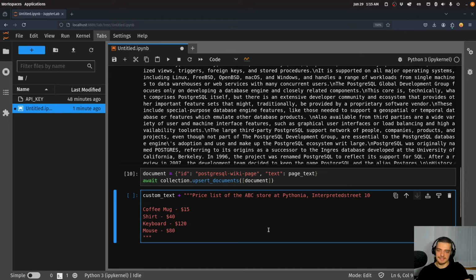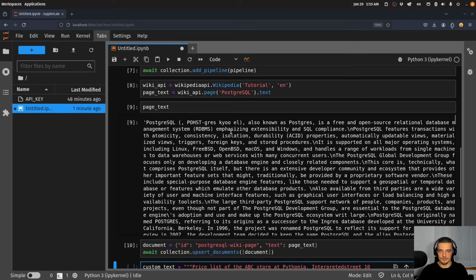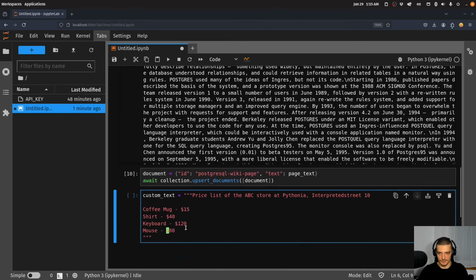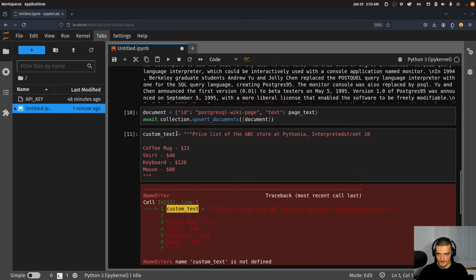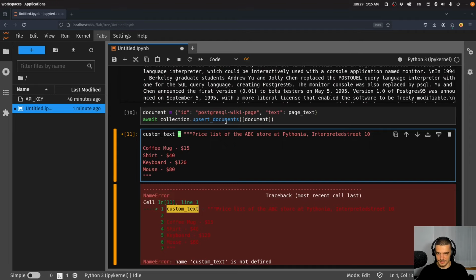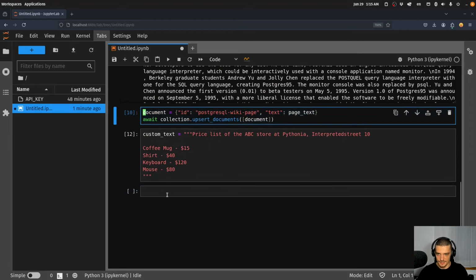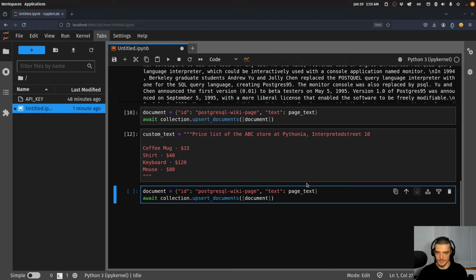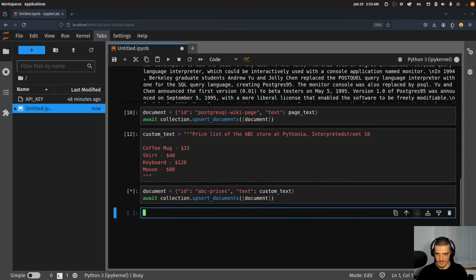And this is now information that is not part of the internet. Obviously, I made it up right now, but this store now has certain prices, and the model knows about these prices if it looks them up in the database. So I can go ahead. Actually, this is not a plus. This is an equal sign. I can copy this, and I can do the same thing that I did with the Wikipedia page. I can do ABC prices, for example, and now I can add custom text, and I can add this document